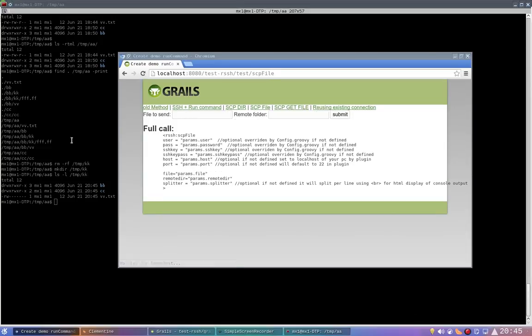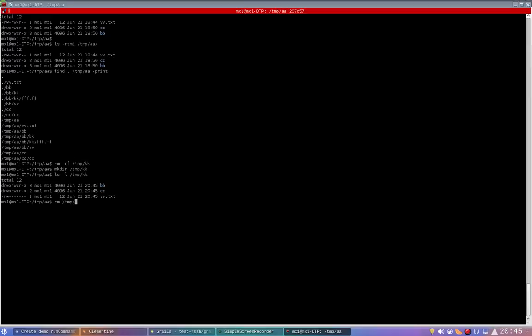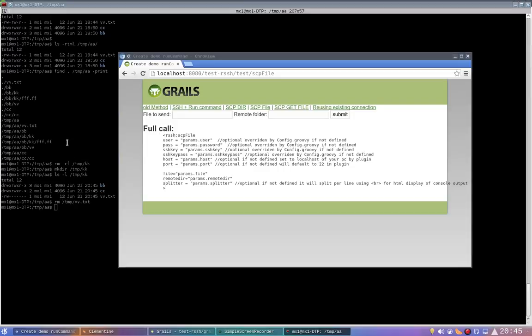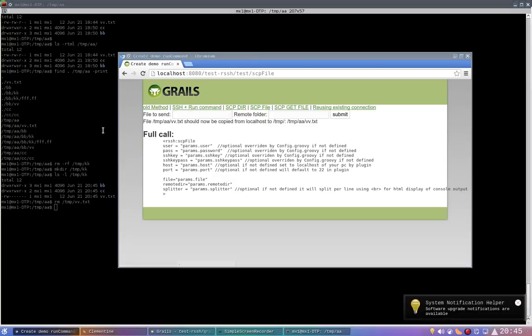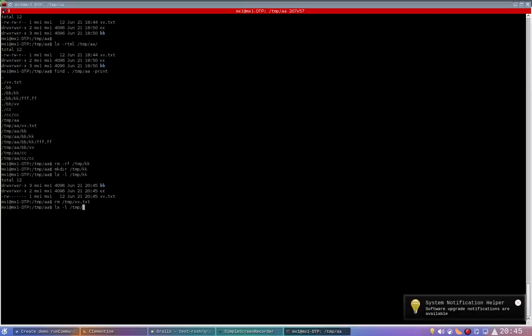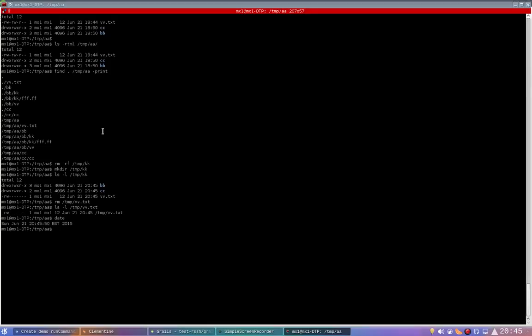SCP file. So rm temp. Some of these tests will look the same because the remote and the local machine is the same. So I want to copy that file to a remote machine and copy it to temp. You can see it's just created that file now. If I remove it again,